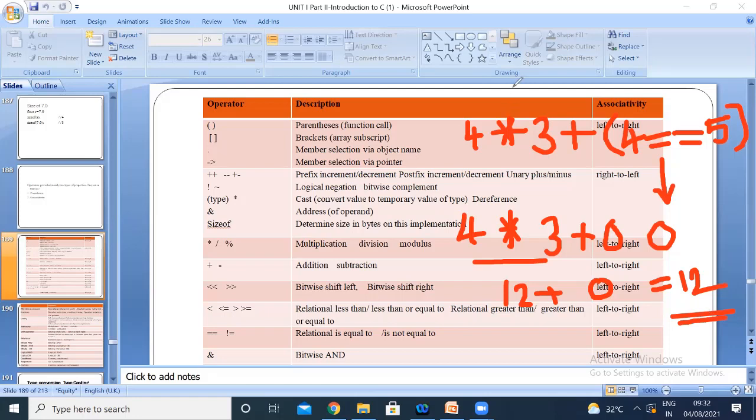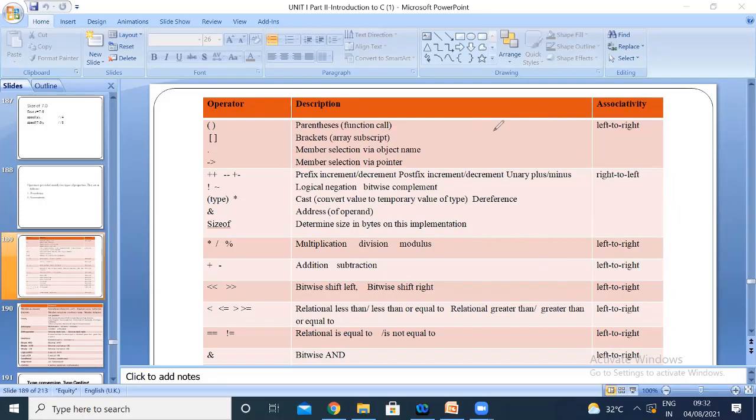Now let us take another example. I had taken 4 into 3 by 2. What will be the answer you will be getting? Which has the highest precedence now? Multiplication, division and modulus all have equal priority, just like addition and subtraction have the same priority.